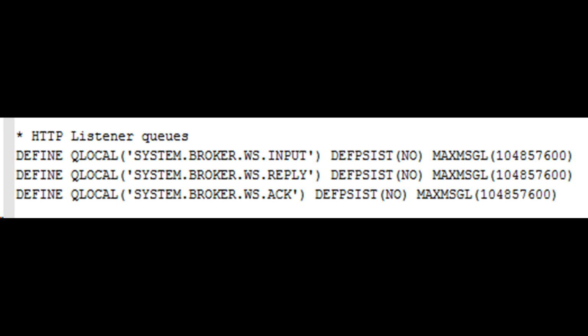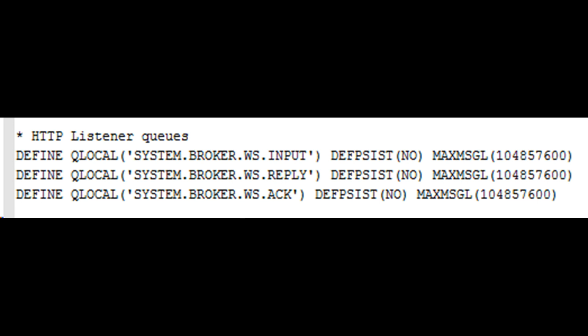In this case, when you deploy the application into another execution group, you get the benefit immediately. You don't need a load balancer. You don't have to make any other setting. You deploy this to another execution group, and that execution group starts processing the load right away. The reason is, since there is a queue manager associated with the broker, there are some system queues which are made use of to store the HTTP load.